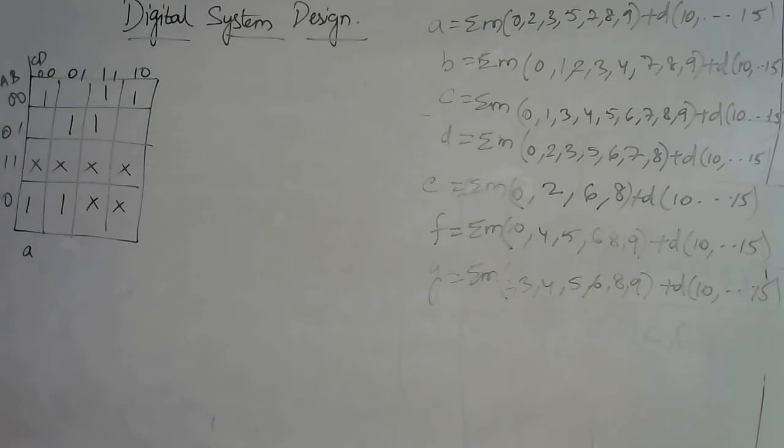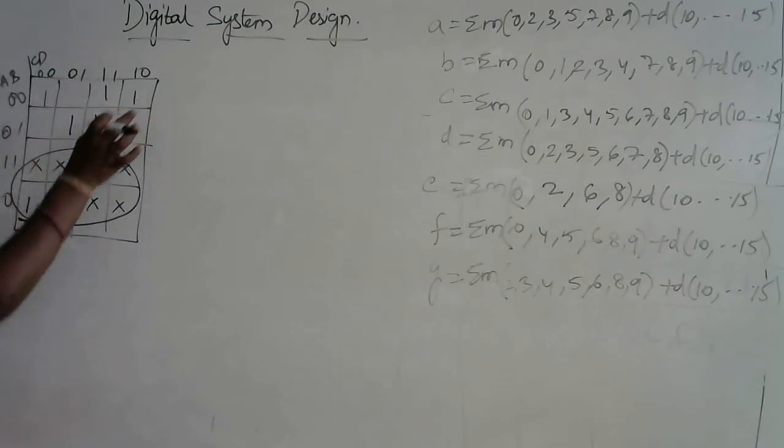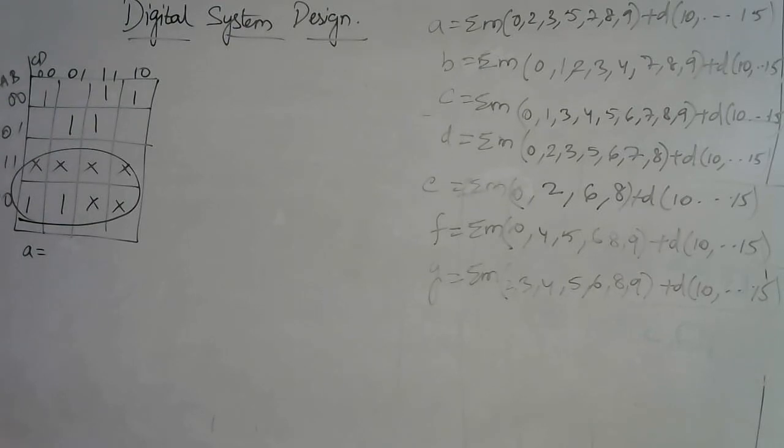Whenever we are simplifying the K-map, we need to check the maximum number of grouping of ones or grouping of zeros. If it is POS, we need to perform grouping of zeros. As it is an SOP, I need to perform grouping of ones. So as it is an octet, grouping of 8 cells is called an octet. All these complete 4 columns are going to be neglected, which is left over with only 2 rows.